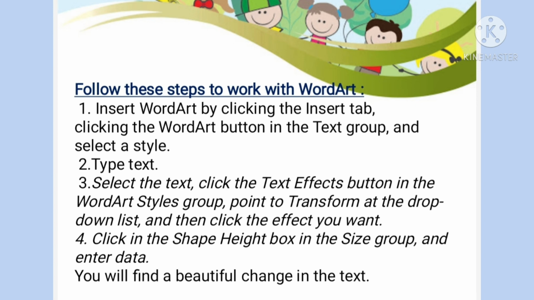Click the Text Effects button in the Word Art Styles group. Point to Transform in the drop-down list and then click the effect you want. Click in the Shape Height box in the Size group and enter data. You will find a beautiful change in the text.